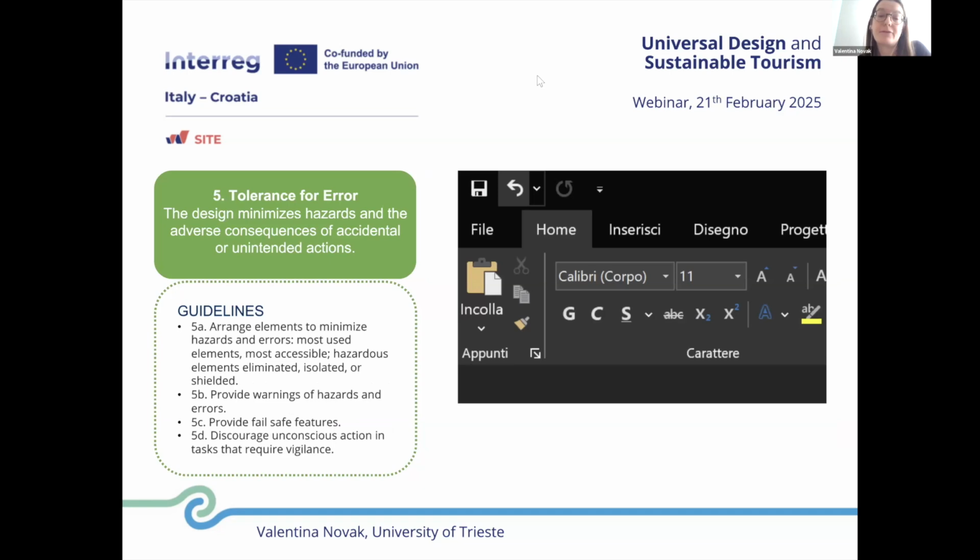Regarding the fifth principle, tolerance for error. The guidelines are: arrange elements to minimize hazards and errors, provide warning of hazards, provide fail-safe features, and discourage unconscious actions. For example, an undo feature in software that allows users to correct their mistake in a very